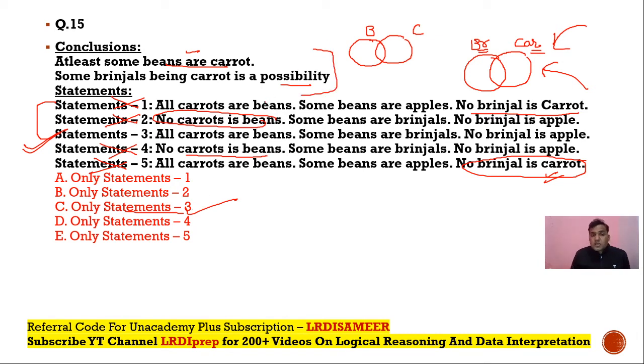So this is the way to solve the questions of reverse syllogisms, and this will help you in saving time when you look for the exception of the given conclusion, and those exceptions can straight away help us in eliminating the options. So with the elimination of some of the statements, it's very easy to reach the final answer. So that's it for the syllogisms.